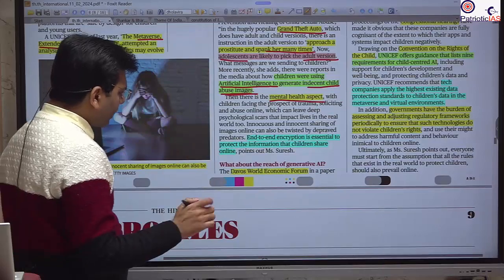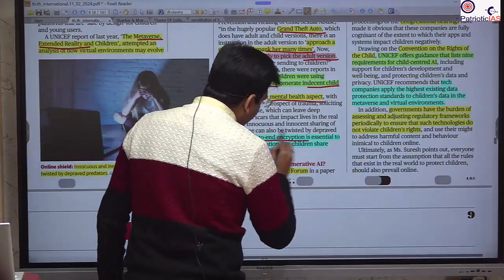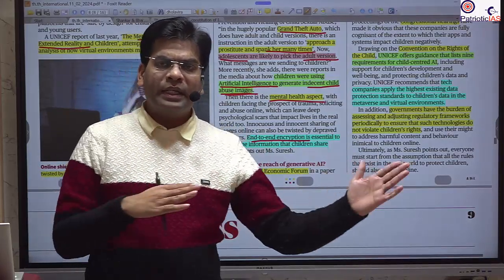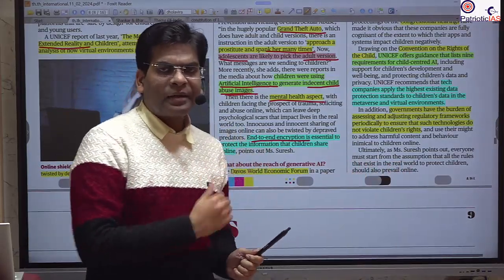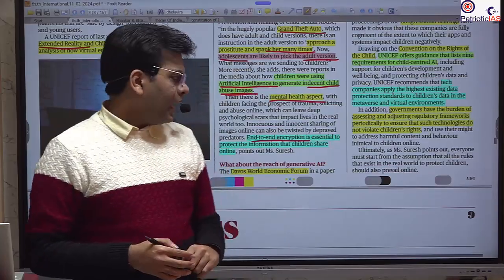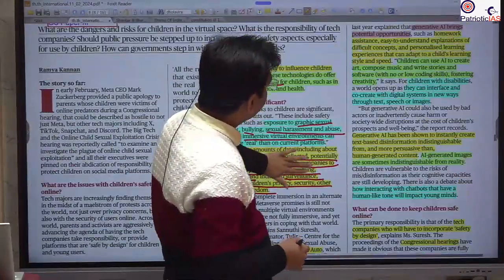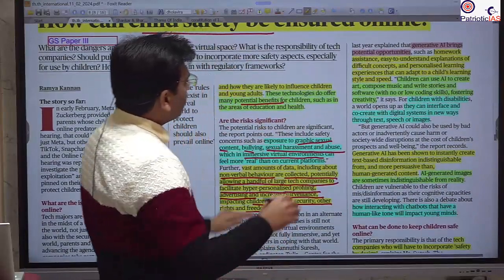So encryption is very important, so that in the middle of the transfer, the data should not be hacked or stolen, and could not be misused. So that is the first thing that needs to be done here. Second thing is that